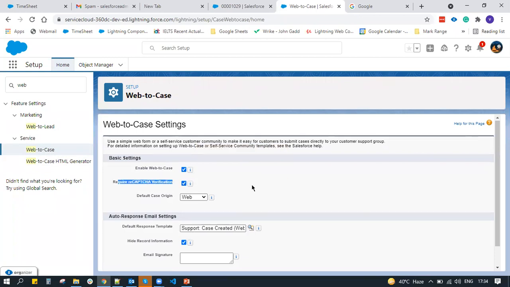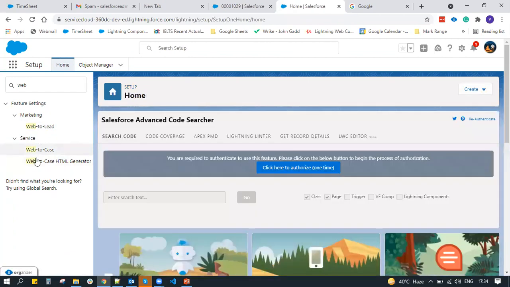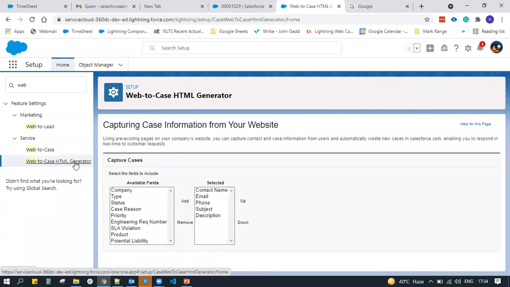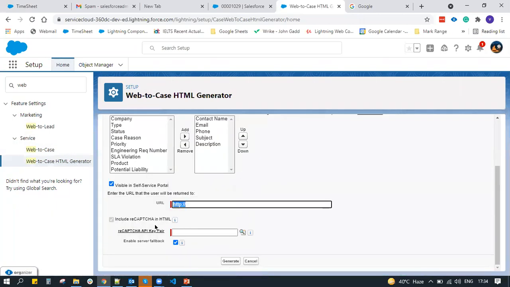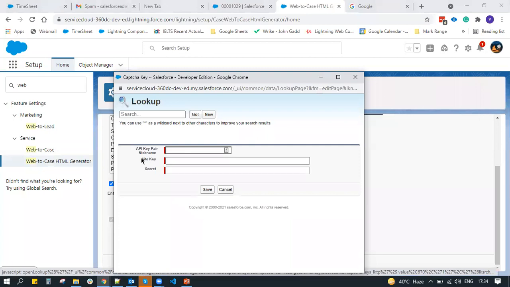Enable it, save it, go back to the Web2 case HTML generator, and here you will see it will ask you for an API key pair. What is it? If you look it up and create a new one, it is going to ask for a site key and secret, right?